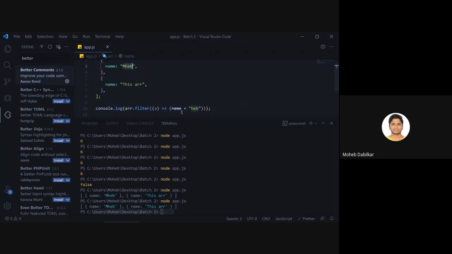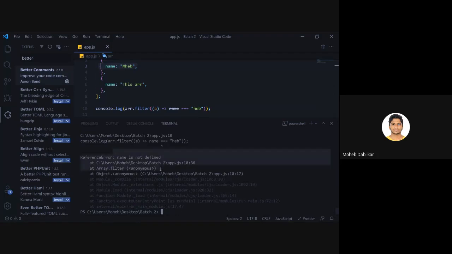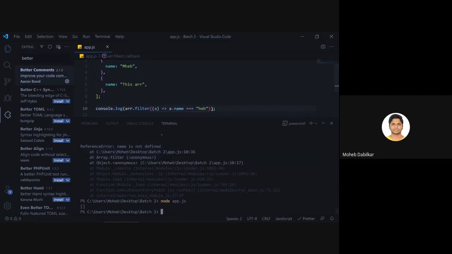This is where the triple operator comes in. It will check that it exactly matches this. Now it says name is not defined. Yeah, it should say a dot name. Now it does not return anything, it just returns an empty array.